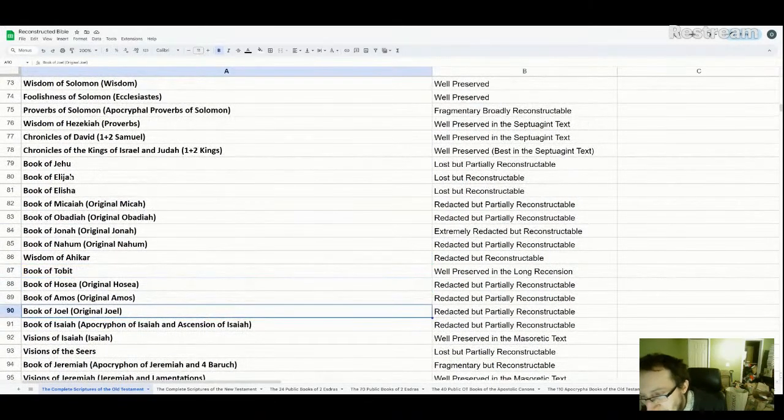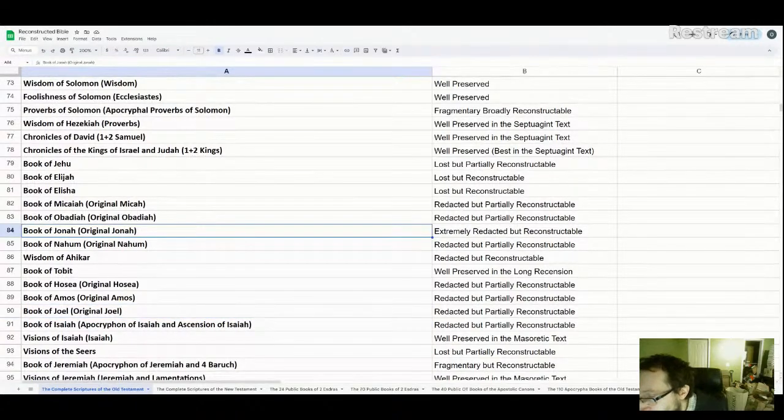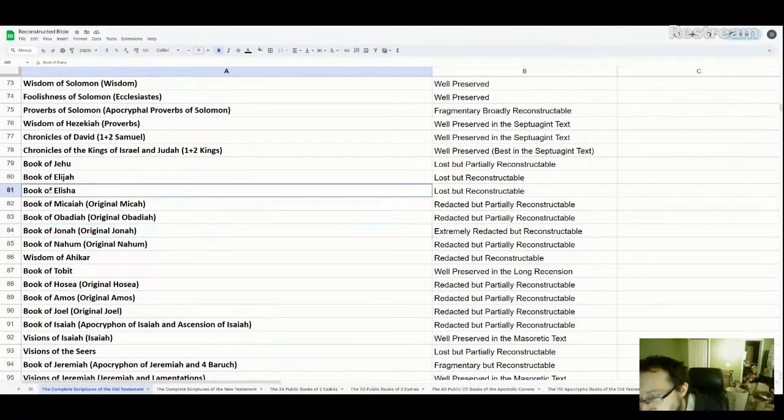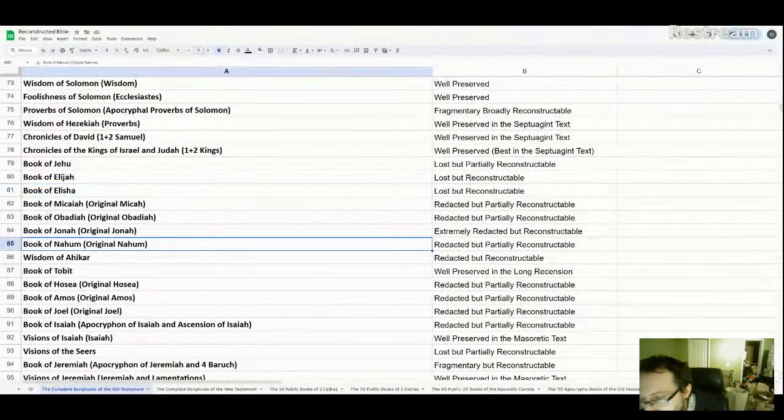And what's interesting is most of the minor prophets are prophets from Israel, the kingdom of Israel, and not the kingdom of Judah. And isn't it interesting how we have just tiny little portions of most of these books when they come from the kingdom of Israel? That may not be coincidence. That may be the fact that we are missing prophecies from the Israelite prophets because they were considered less important by Judah. Judah thought that Israel was less important than them. So they didn't preserve the Israel prophets' writings as well as Judah did.